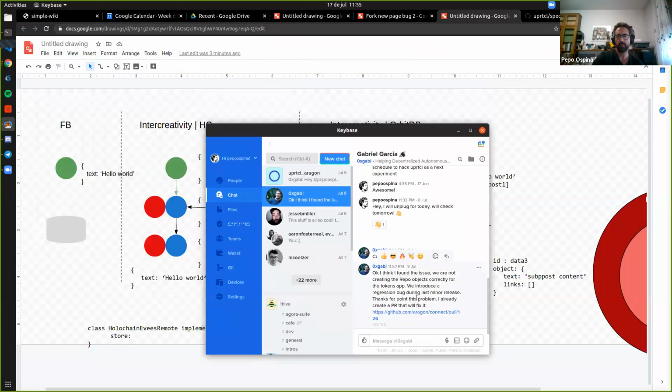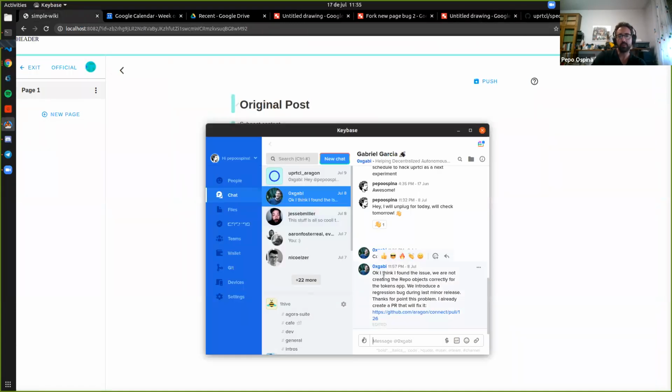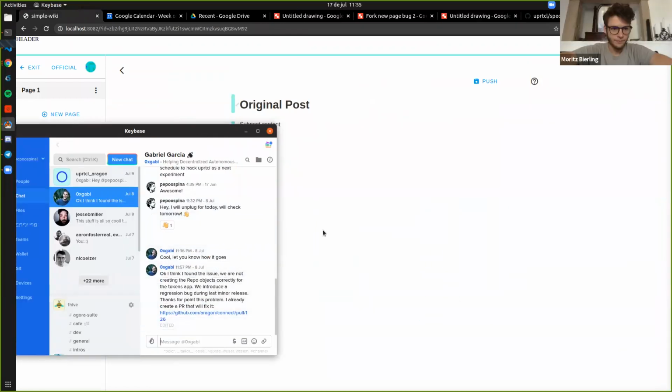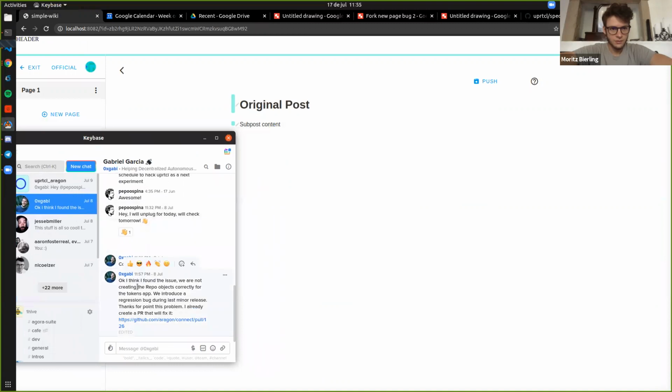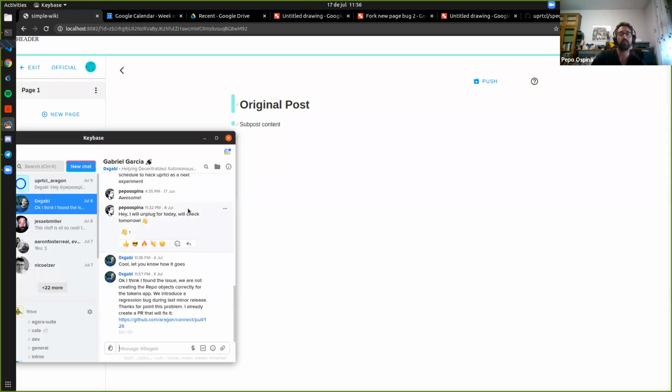The step for me to be able to take this object from Keybase and drag and drop it into interactivity is not that far. It's where we want to go. If the object is already content addressable, it's really just a matter of adding metadata to the drag and drop event. So that here I can say, oh, I have to ask the open API of Keybase for this object, and that's it. Yeah, I think you can.